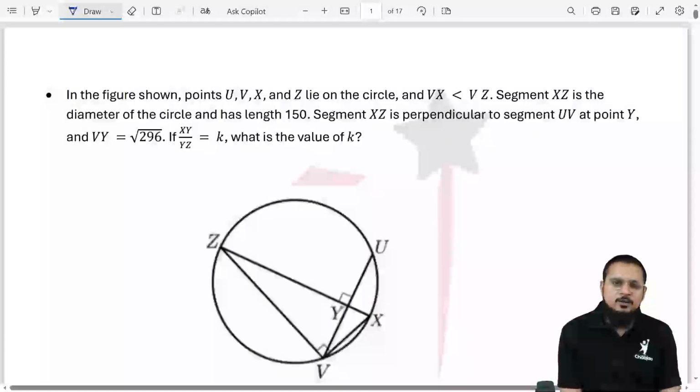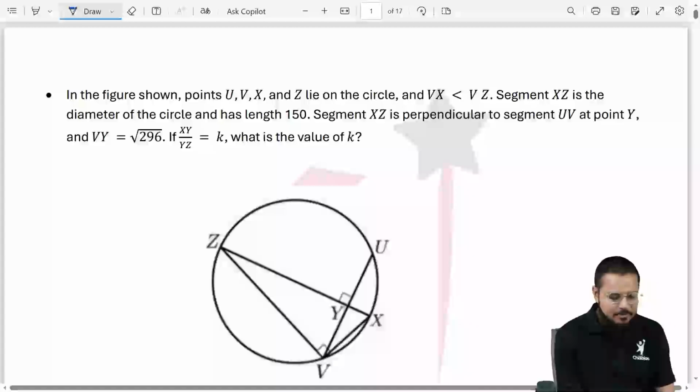Hello everyone, today we are going to solve one of the finest and toughest questions on circles, geometry and angle properties of circles, especially ones that came up in DSAT papers previously, and we're going to look at effective approaches to solve these questions, especially on circles. So we're going to start with this first question,